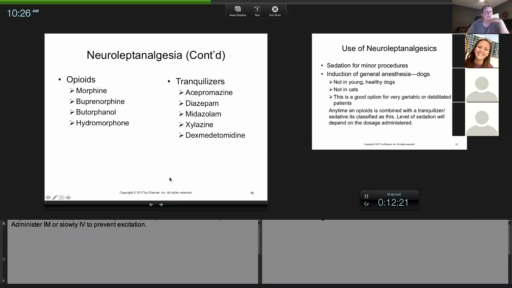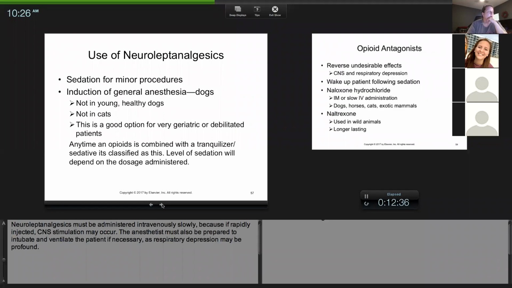And this is a good slide 56 because it tells you the names of the drugs, okay? These are analgesic. These are the neurolepts. Neuroleptanalgesia, using them together. Again, you can use them as sedation or induction of general anesthesia, but they have to be very geriatric or